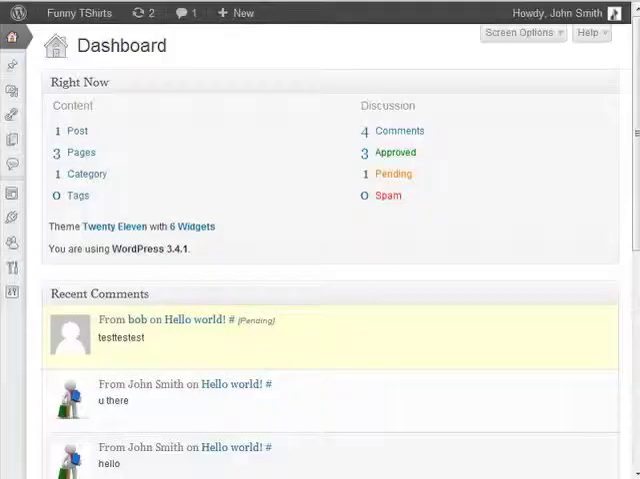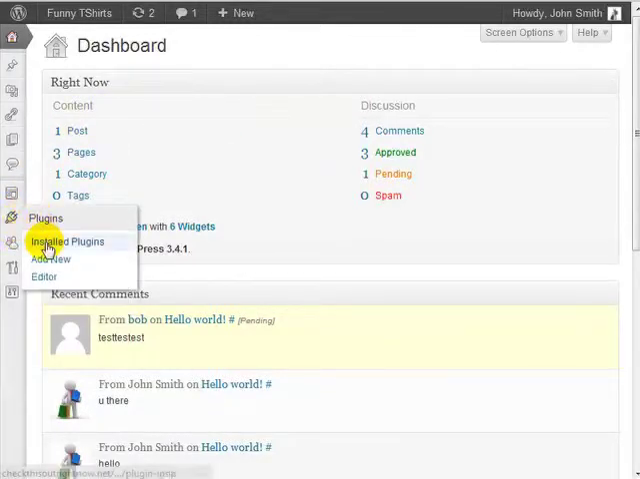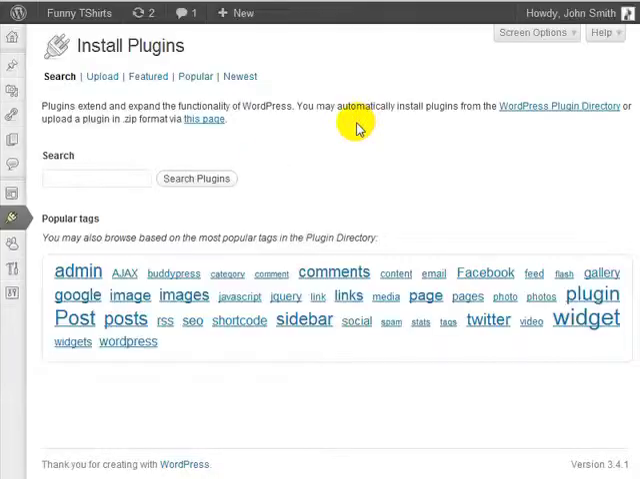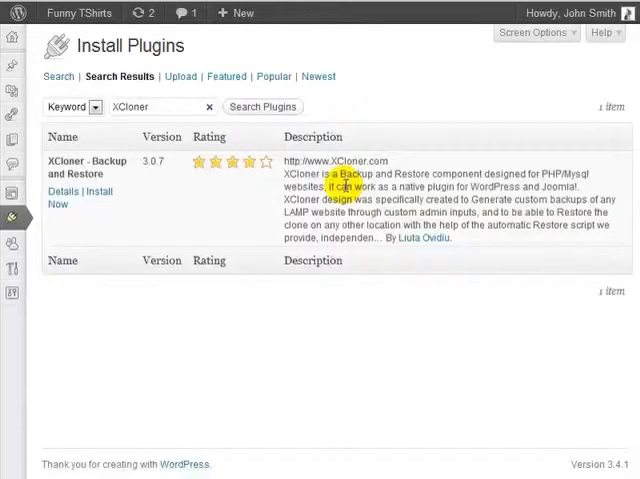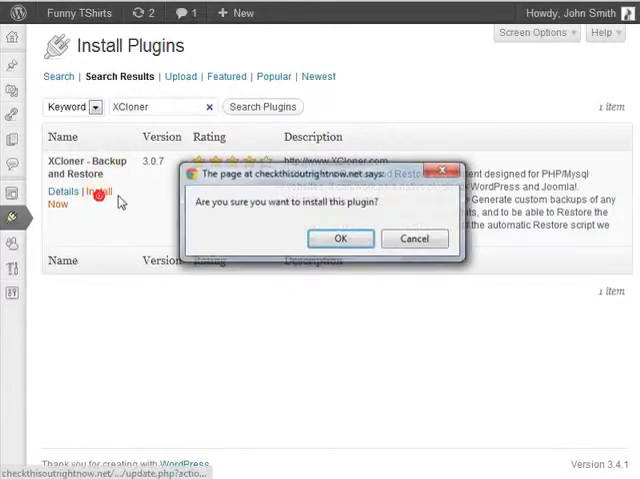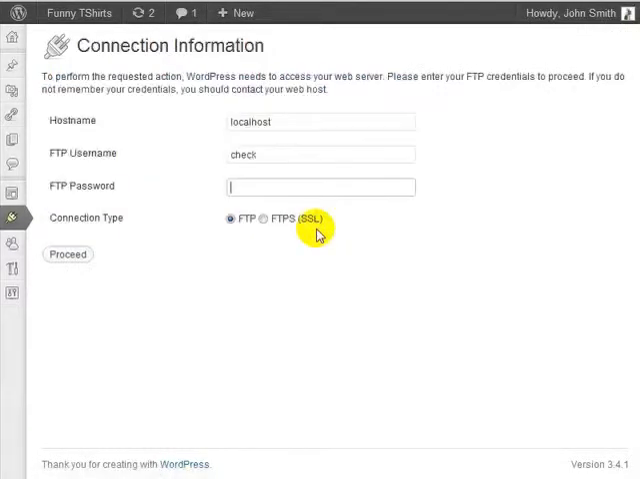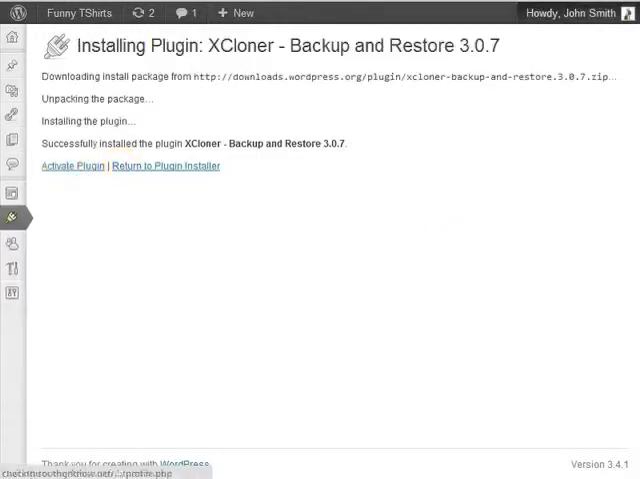The first thing you want to do is, of course, to go to your dashboard. And at this point, you'll want to go to Plugins, click on Add New Plugin, and do a search for XCloner. Click on Search Plugins, and it's this one here. So click on Install Now, click on OK, enter your FTP username and password, click on Proceed, click on Activate,